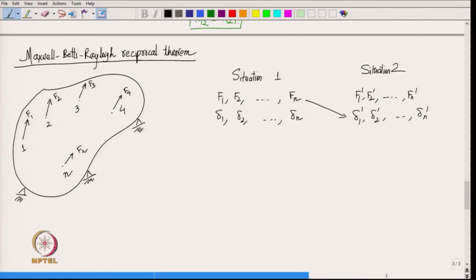Basically, you have to do the cross product here and it gives us the same value. So, what it tells us is that summation over i F i delta i prime is same as summation over i F i prime into delta i,